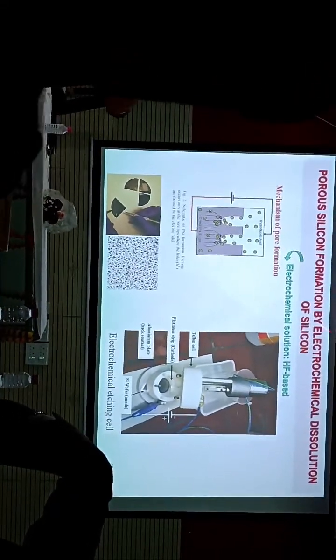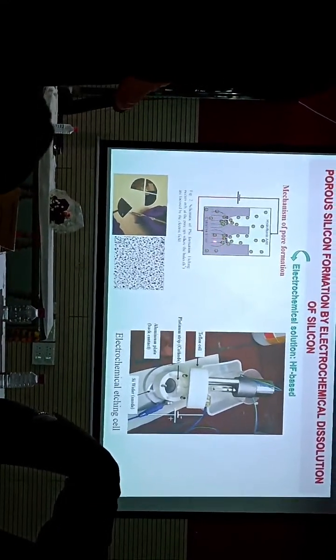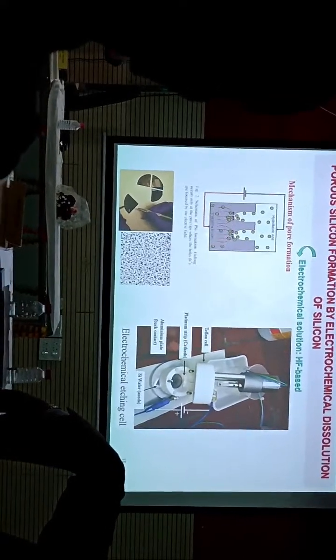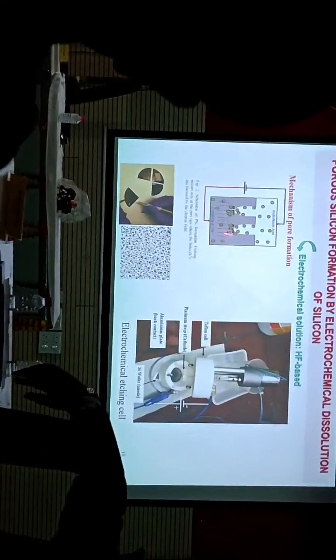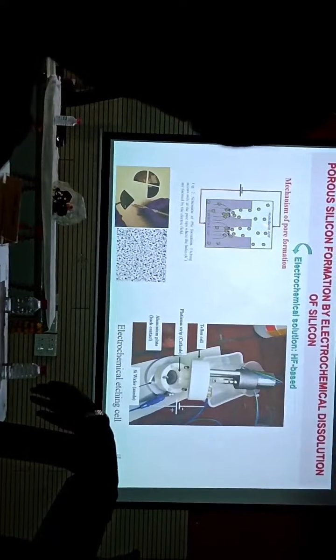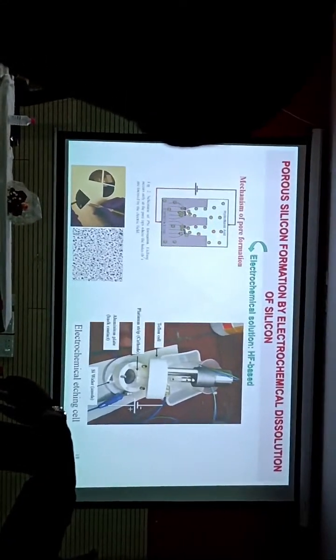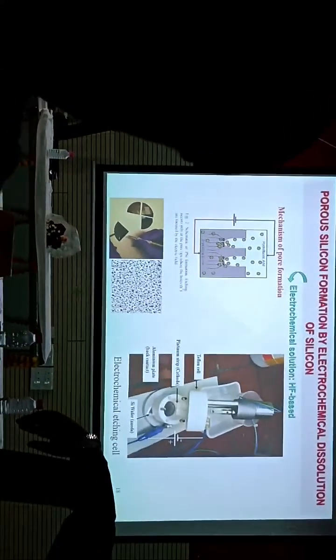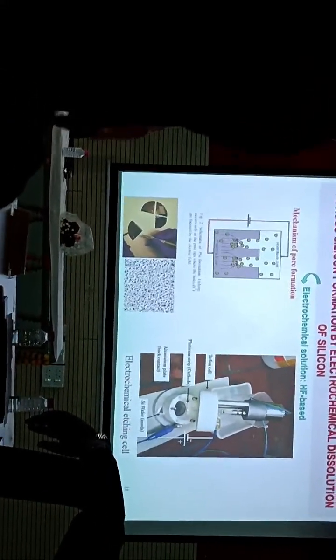Okay, so here you have holes in the silicon wafer. When you apply current, the holes are basically accumulated at the pores, and they are captured by the chloride in the solution. In that way it grows deep into the silicon, and depending on the orientation, the pores will